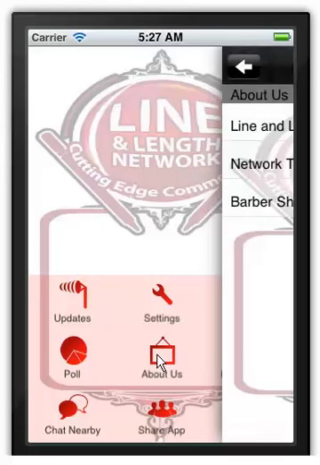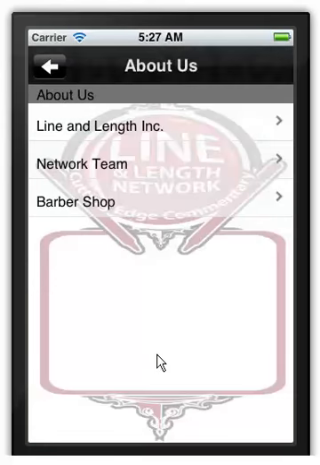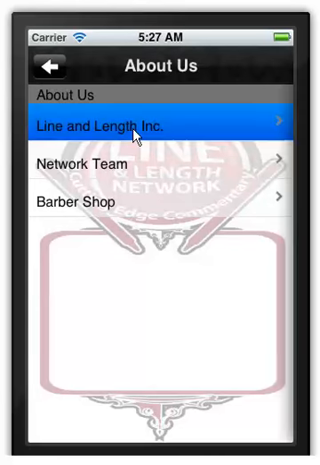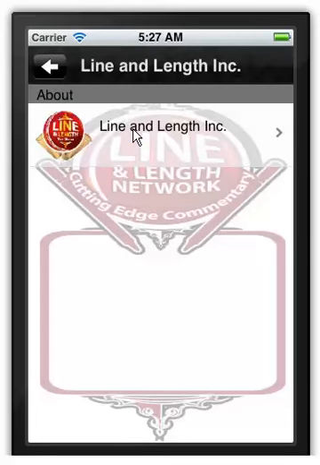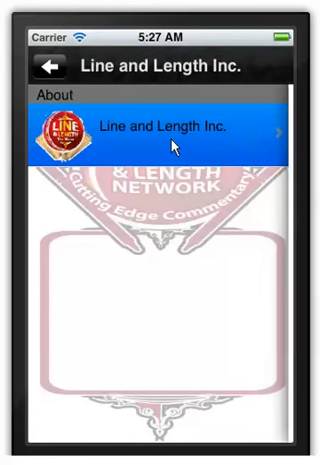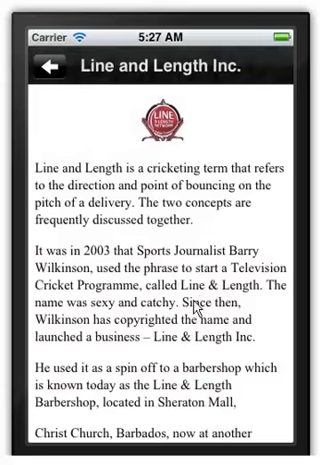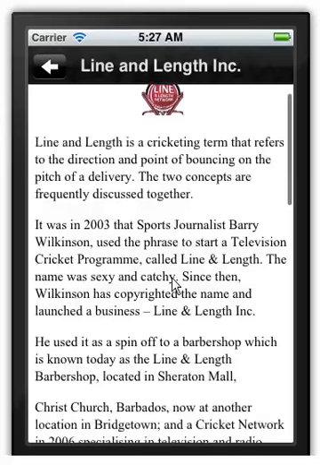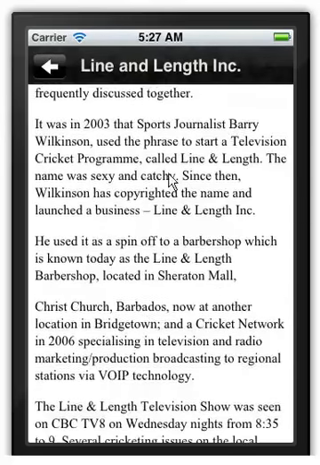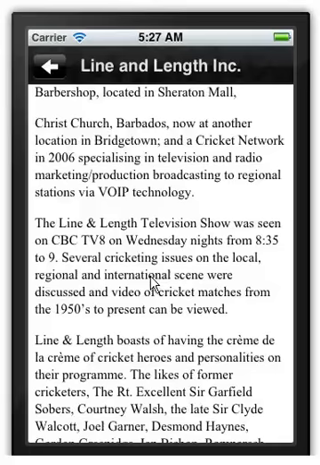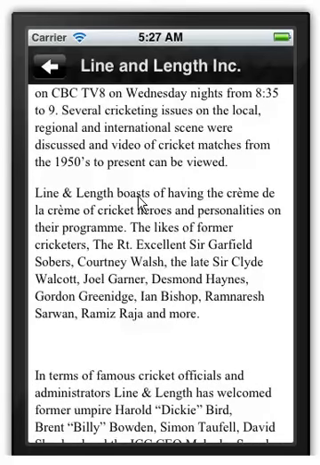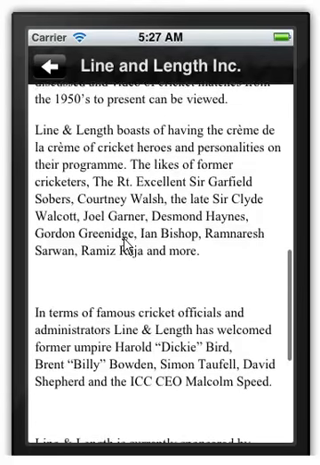The About Us, this is where you got a lot of your content in, so that you can get information about the barbershop in. The first one is about the general Lang and Length Incorporation, and I got this straight from the website. And if you scroll down, you can see it has the ability to scroll down, and you get down to the bottom. You see that it tells you more about